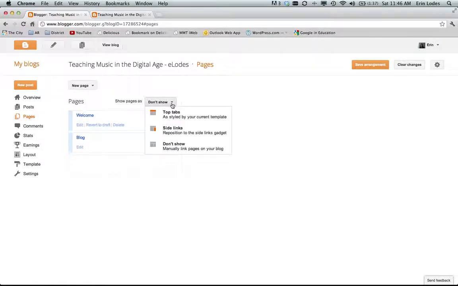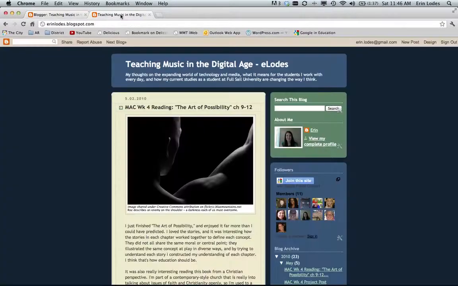I need to click there and select whether I want the pages to show as links along the top of my site or along the side. And I'm going to choose along the top. Again, I'm going to hit Save Arrangement. And now when I preview my blog,